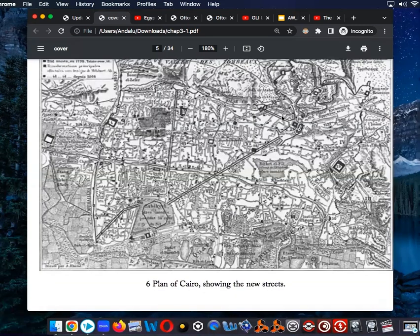So these are the new highways that become part of modern Cairo. And the idea there was that this would make Cairo look more like London and Paris. It was better designed for factories, industrialization, for factory workers to socialize in coffee shops, to be able to work in hospitals and the public school system. And this was supposed to move away from this older style of urban planning, which Europeans